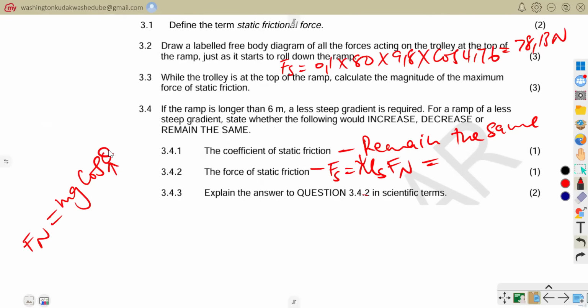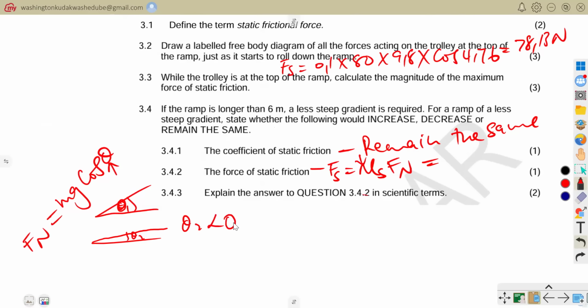As this angle is changing, this will also change. Now they are saying that initially we were having a steeper gradient, so we have theta 1, and now we are having a less steep gradient, that is now theta 2. So you can see that since theta 2 is actually